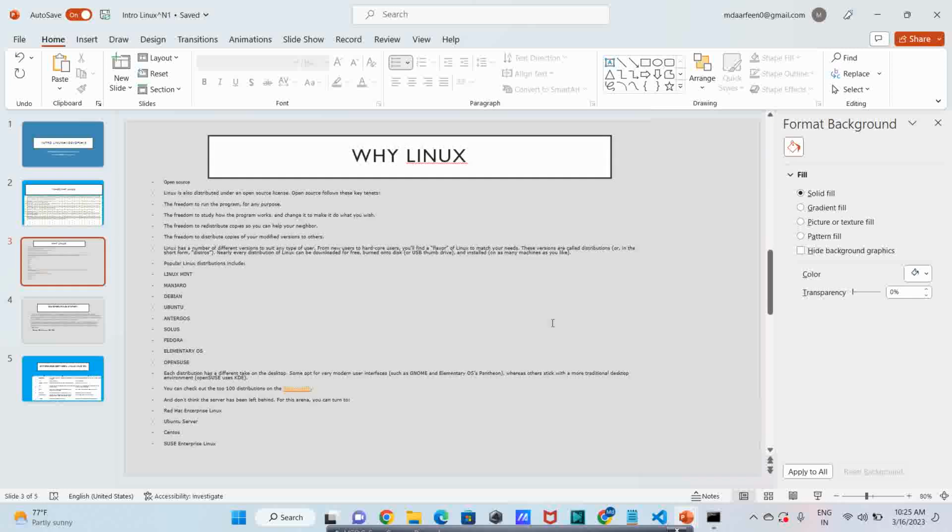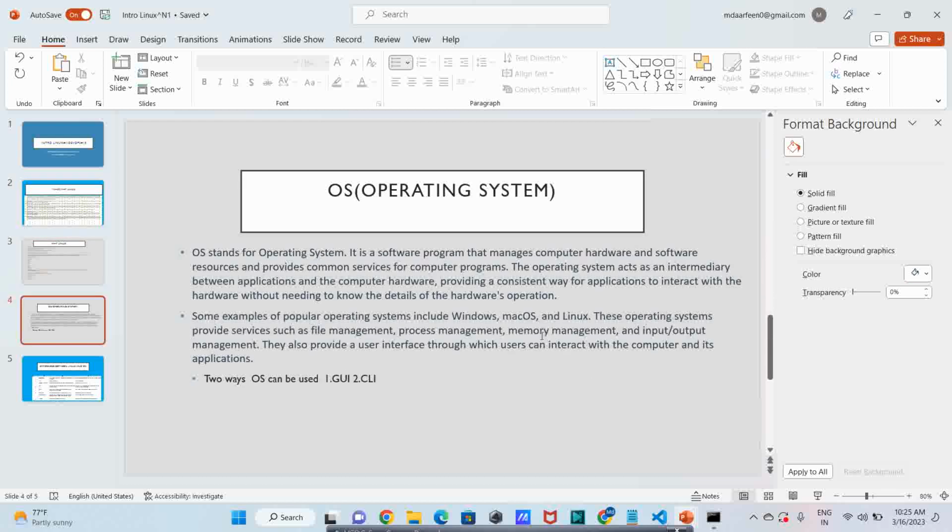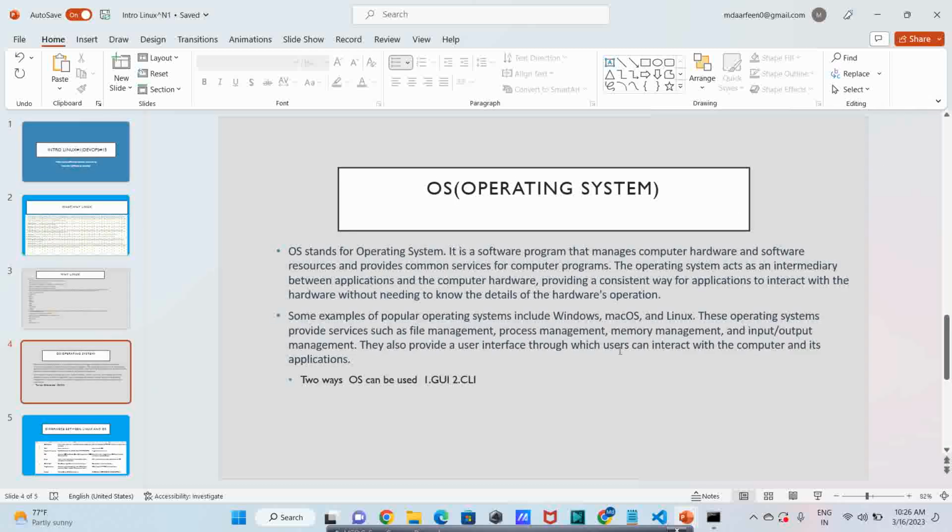What is Linux? Before going to what is Linux, I'll tell you what an operating system is. Everyone knows about operating systems; in your mind, automatically Windows operating system or Linux operating system will come.